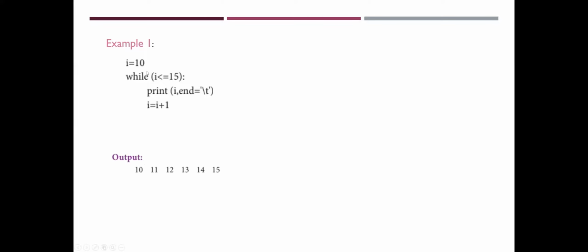This is the output of the above code. It prints first 10, and then the 10 is incremented to 11. 11 is printed and then incremented to 12. Then the condition is checked: 12 is less than or equal to 15, so 12 is printed, and then it is incremented to